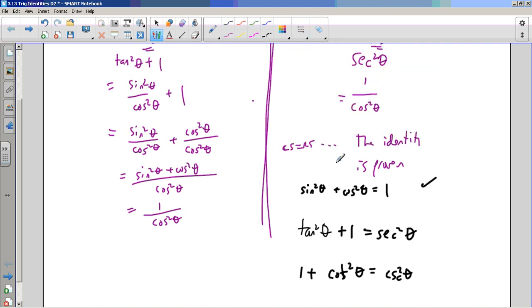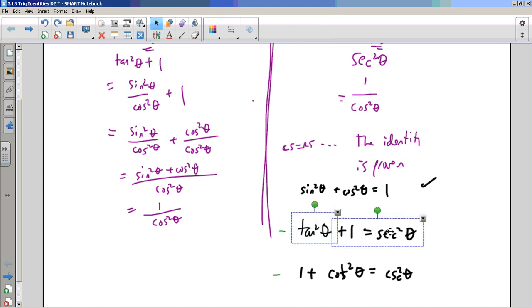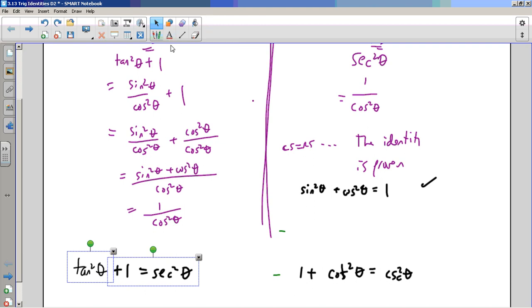Well, you could prove them, but maybe I wanted to know these, and maybe these things will be familiar. I wanted to be able to recall them. I can't remember these two. I remember this one. And how I get the other two is just divide by cos squared theta. If I take this one and divide by cos squared theta, well, that's tan, that's 1, and this is secant, right? That comes automatically. It's straightforward. When I start with the Pythagorean identity that we know and love, it just pops out. And the other one, the one that we didn't just prove, pops right out as well